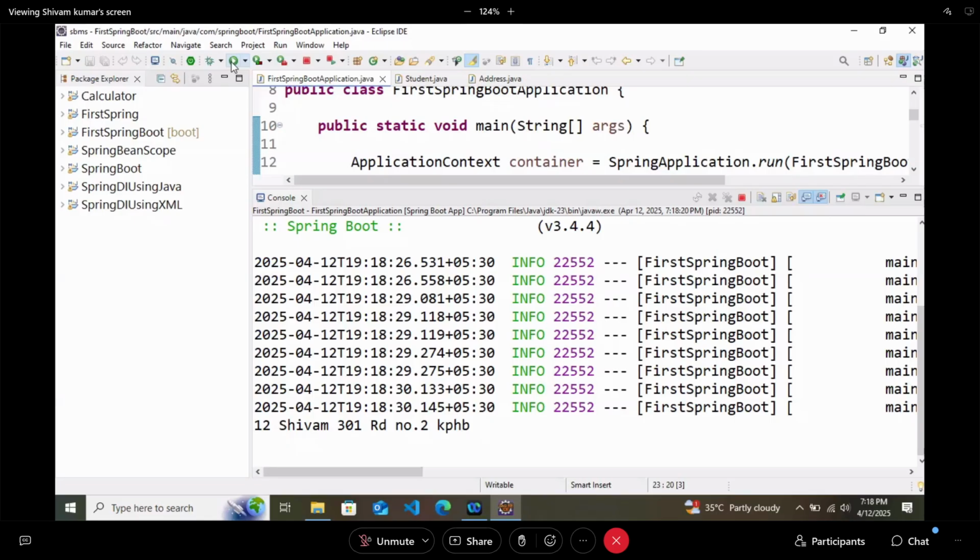So here we are getting the values that 12 is the student ID, Shivam is the student name, this is the house number, and this is the street.